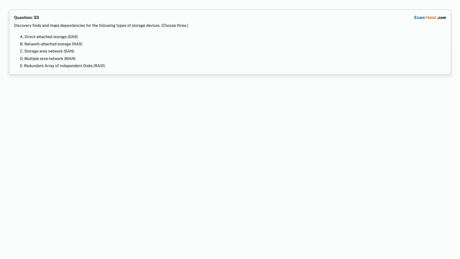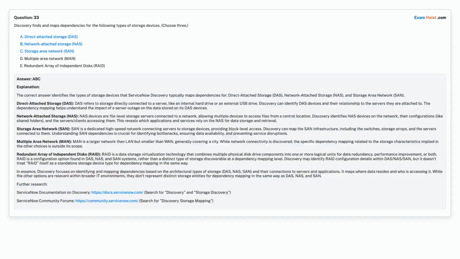Option E, redundant array of independent disks, RAID. Choose the correct answer. Correct answer is option A, DAS. Option B, NAS. Option C, SAN.